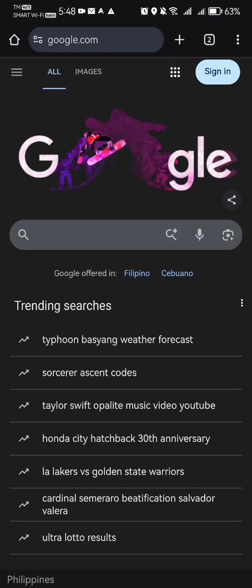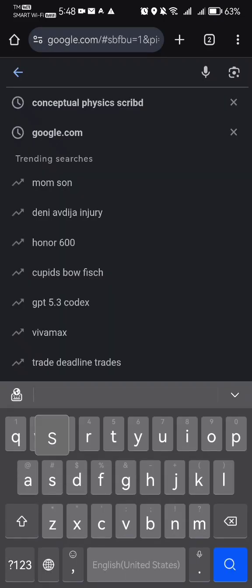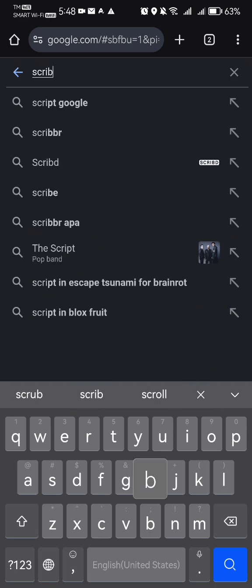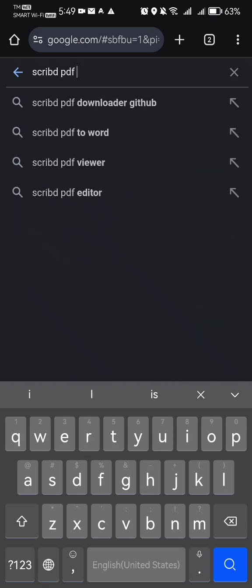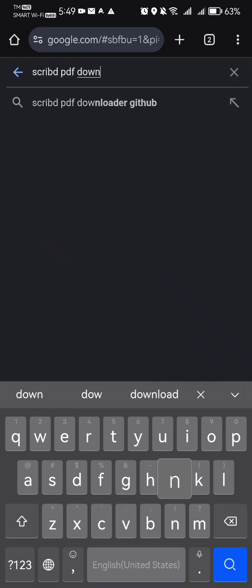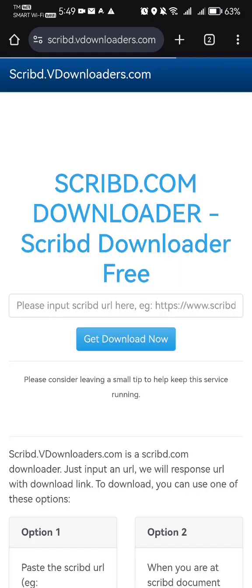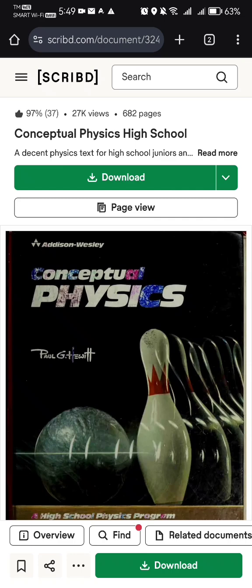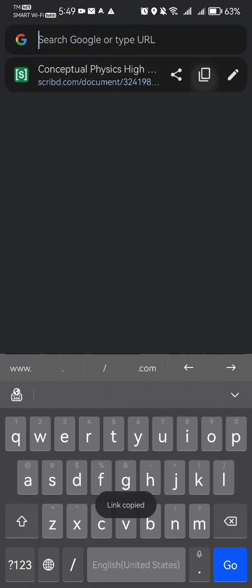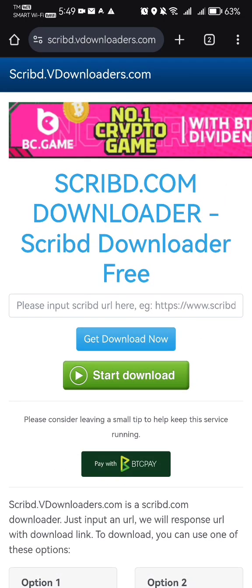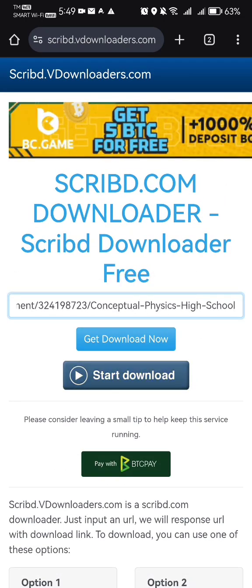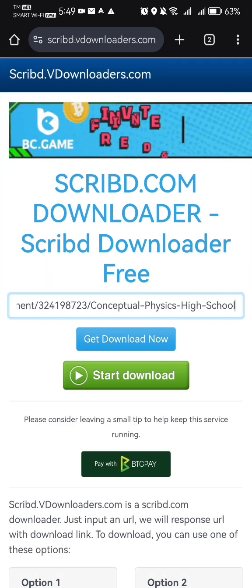In order to download that, you have to go to another tab. Please go to Google and search Scribd PDF downloader, and then click the first result. Then go back to the Scribd PDF file that you want to download, copy the entire URL, go back to the second tab to the Scribd downloader, paste it here,